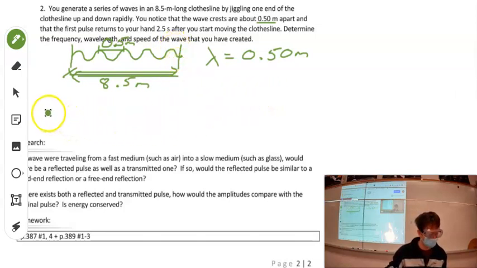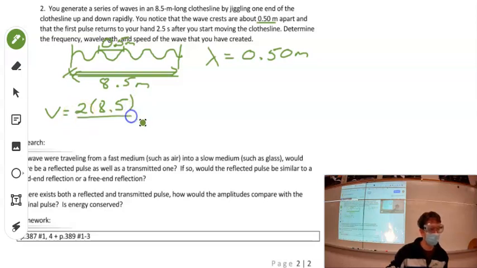Right? The speed of that wave would be the total distance, which is 2 times 8.5, divided by the time, which is 2.5 seconds. That's meters. We get 6.8